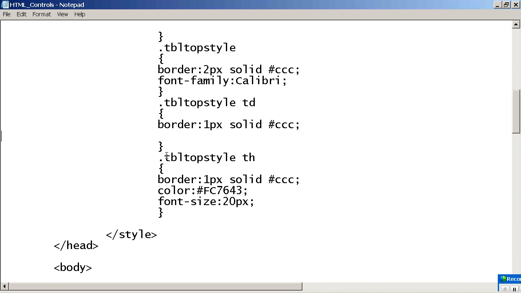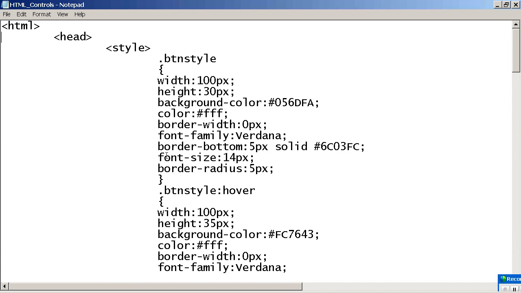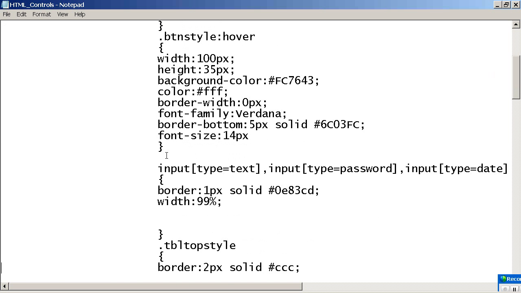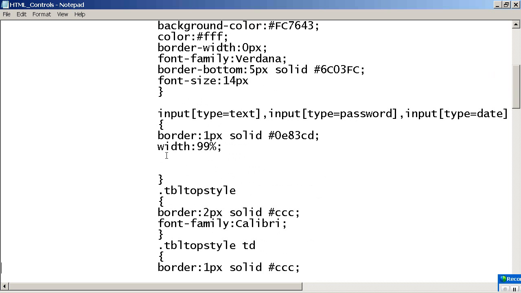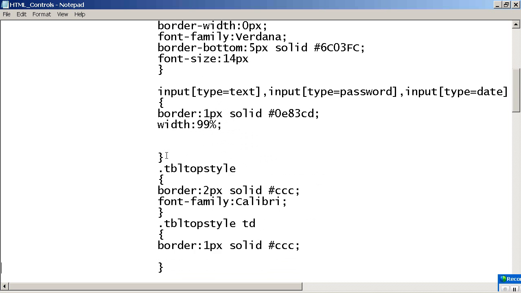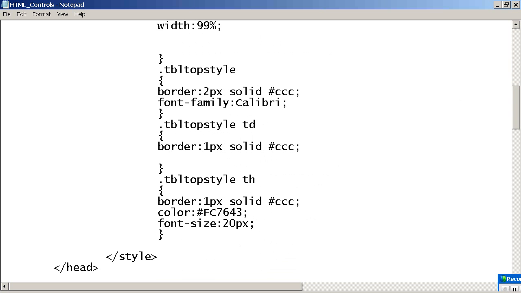So what we have seen: with a dot means one style, without a dot means style to a predefined tag. Each and everything has its advantage and disadvantage. One more thing, space TH means sub-style. Are you understanding? Sub-style. Okay. Now one more thing.